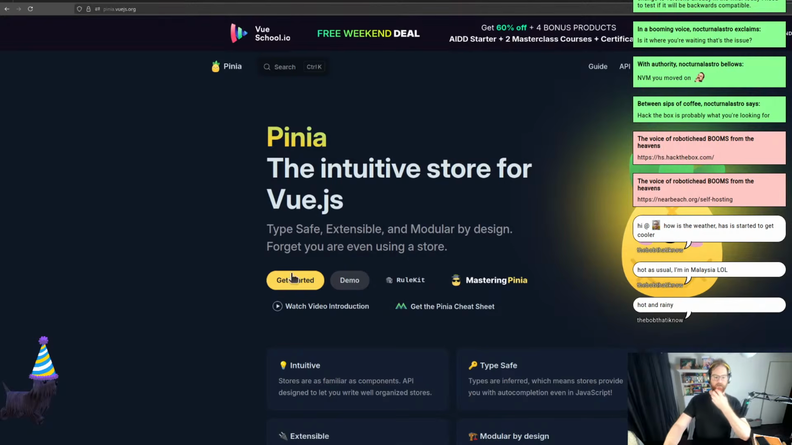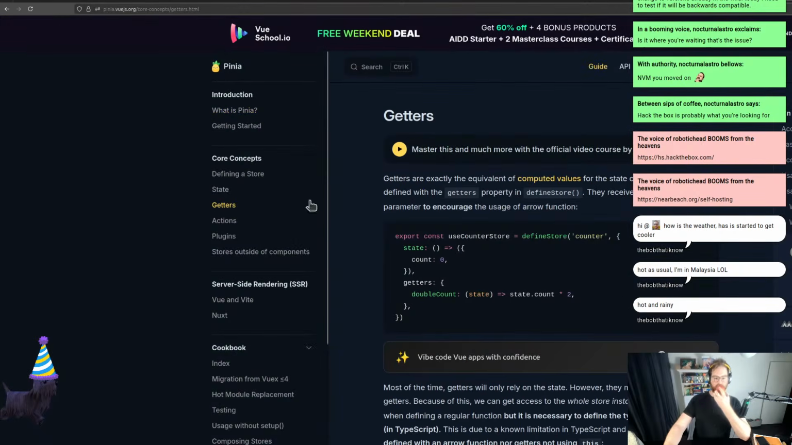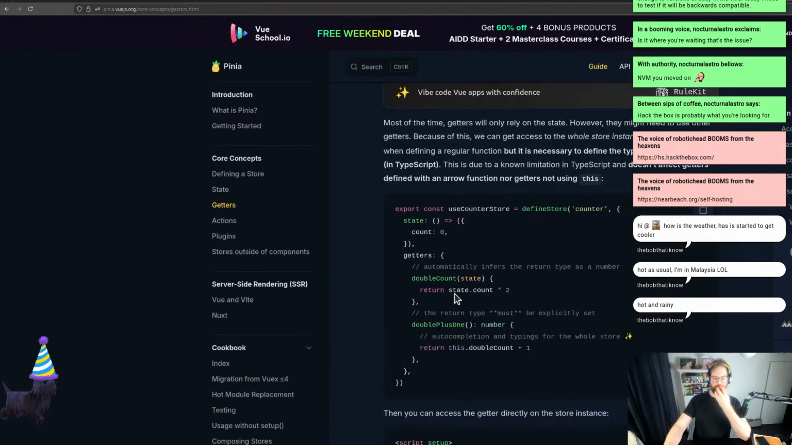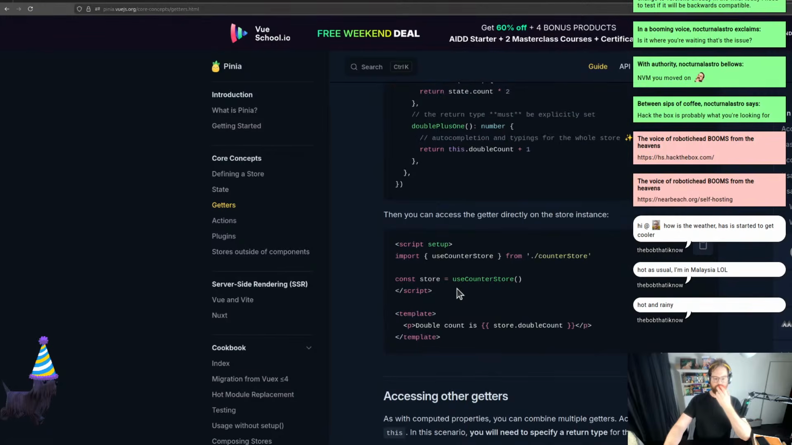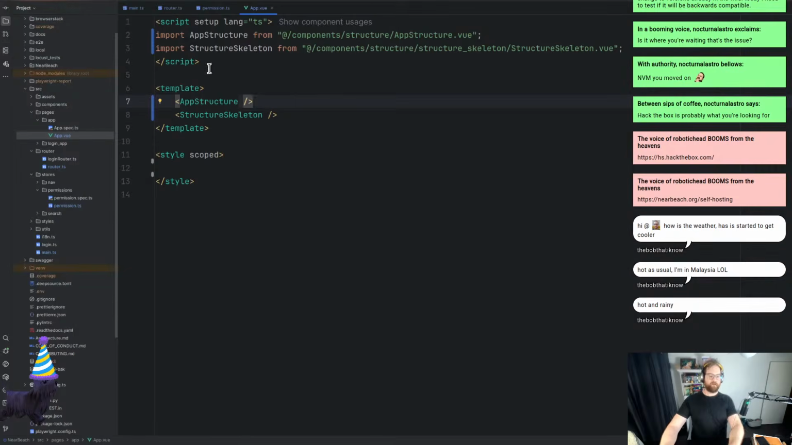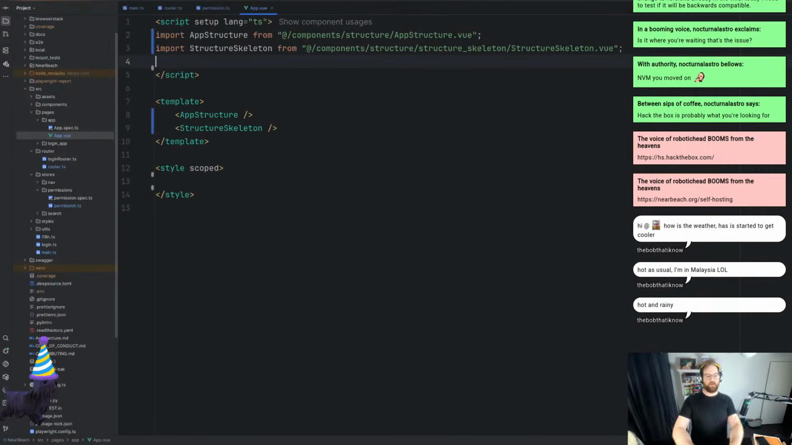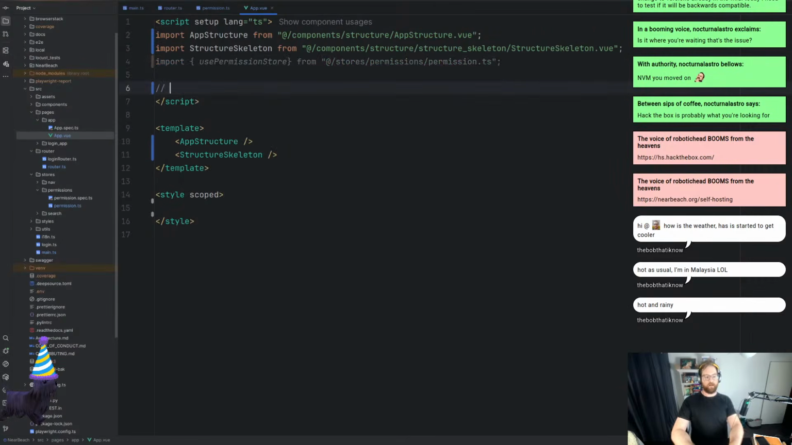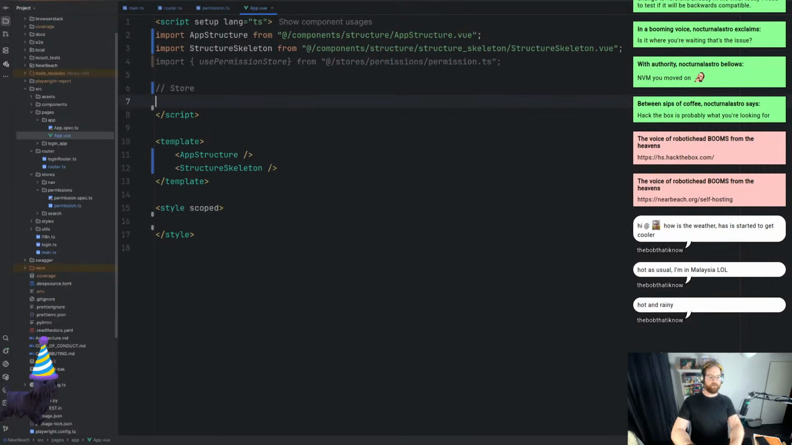All right, I'm gonna get started. I'm gonna have the getters. Oh, so it's just as simple as that. All right, not a problem. This is going to be even simpler. What we need to do is import the use permission store, and then we've got to use the store down there. So that will be const permissionStore equals usePermissionStore, and then in here what we've got is